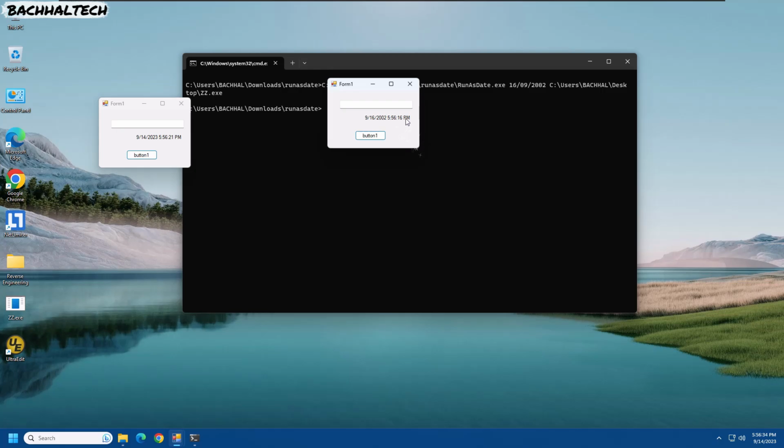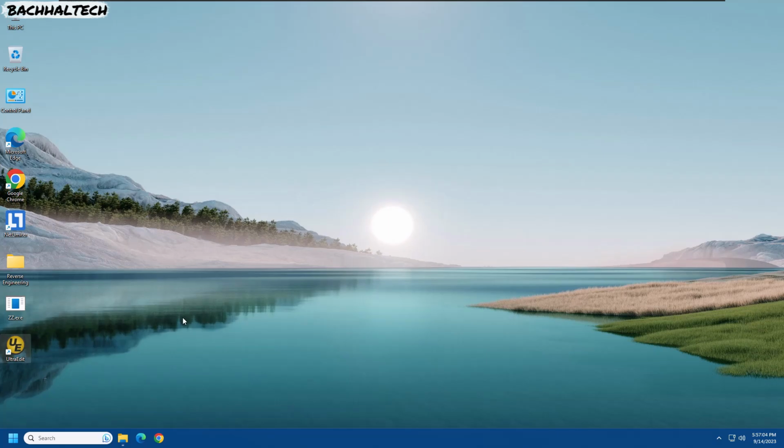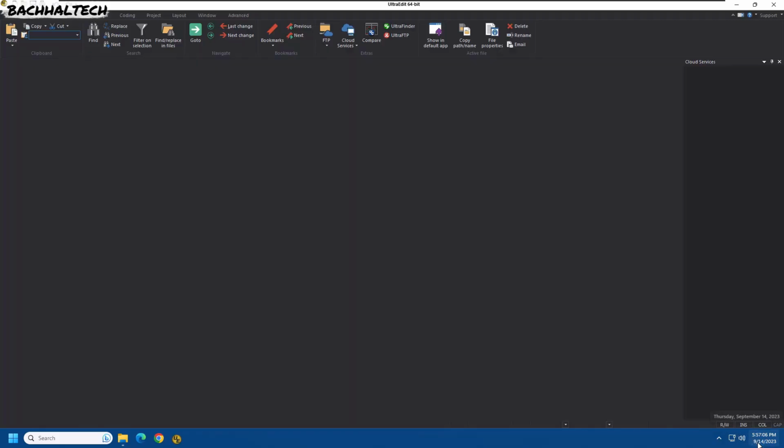In the command line you can see above. So we can pause the date of the trial software like this. You can see here the timer one I created. The left one is the original, which is showing the current time, and the right one is paused to the time which we have supplied. If we don't supply the time, it will provide the time at which it actually ran the first time. So okay, now we will use it to pause the date of UltraEdit as well,